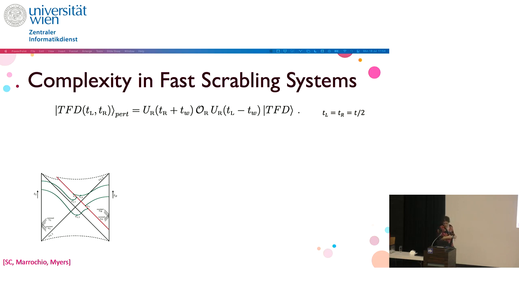The shock wave's in red and the volumes are in green. And the state on the boundary essentially depends on various times, on the right time and on a left time, as well as on the time at which we sent the shock, which we call t_w. And in particular, for a symmetric configuration,